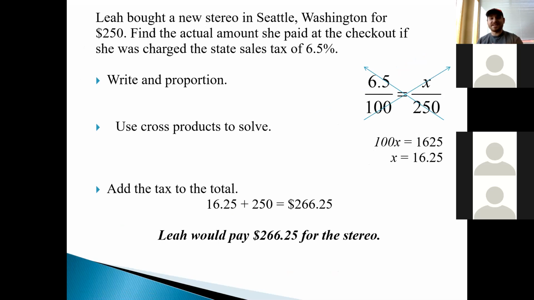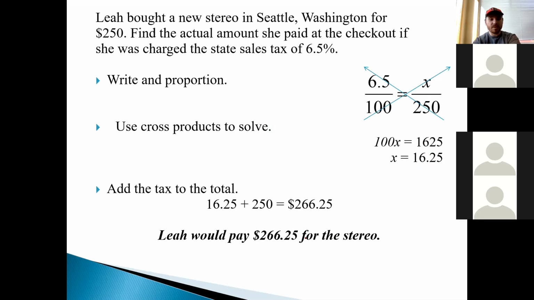Leah bought a new stereo in Seattle, Washington for $250. Find the actual amount she paid at the checkout if she was charged the state sales tax of 6.5%. So sales tax is always an increase in price, which means we're going to be adding to our original amount. So we're going to do the exact same thing as normal. We write our proportion, percentage, which is 6.5 over 100, equals the markup over the original price. We can use cross products to solve, so 100x equals 1,625. When we divide by 100, we get x equals 16.25. We add that to the original price to get